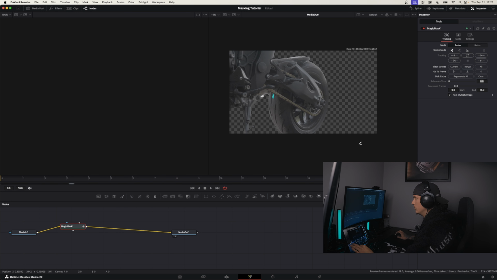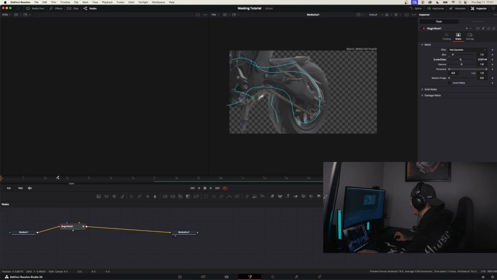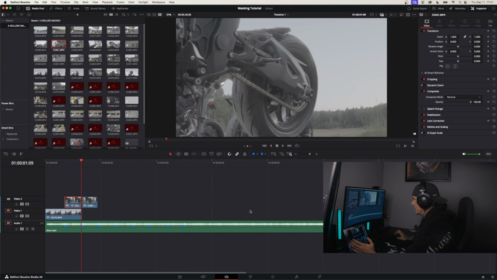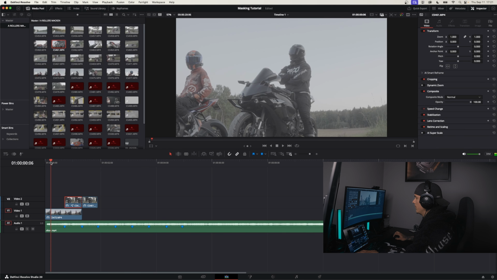And if you want to get some smooth edges on this clip, you go to Matte over here. You can have box, or fast Gaussian blur, or whatever, it doesn't matter. I think I always use the standard here. And you can just increase the blur a little bit, erode a bit minus, so you get this inward effect of the blur. So now you can see you have some blur on the edges. Everybody doesn't like that. I use it sometimes, but you can. This is just an example. So now if we check the clip,